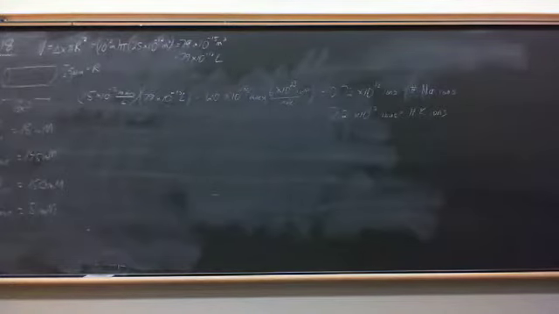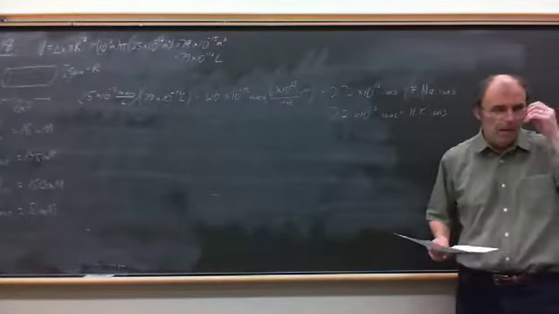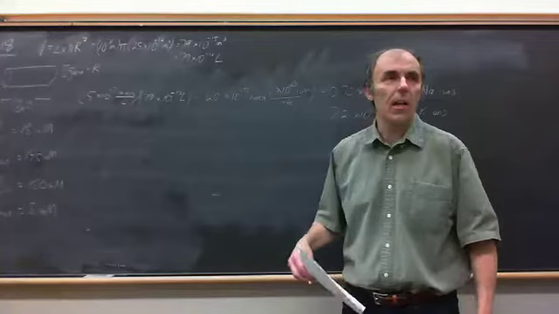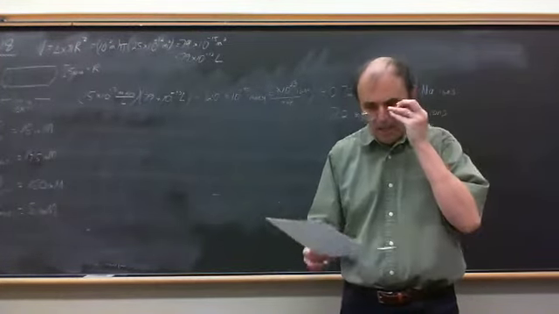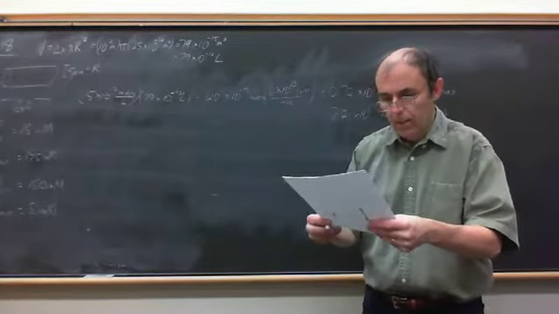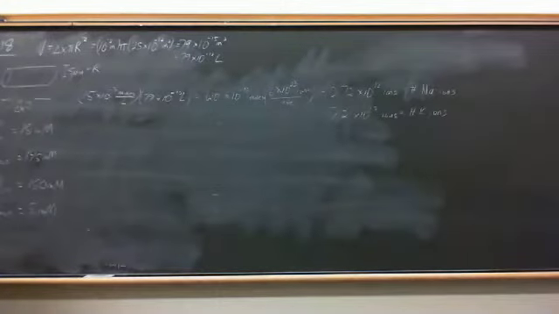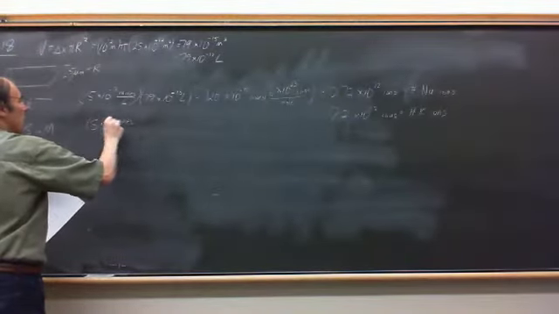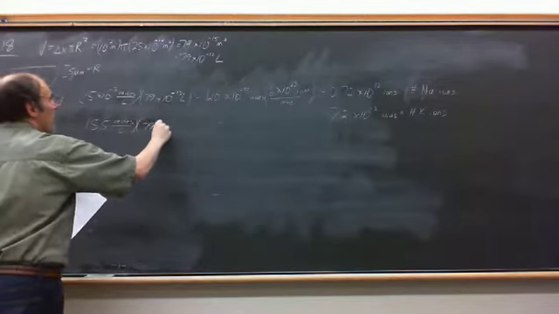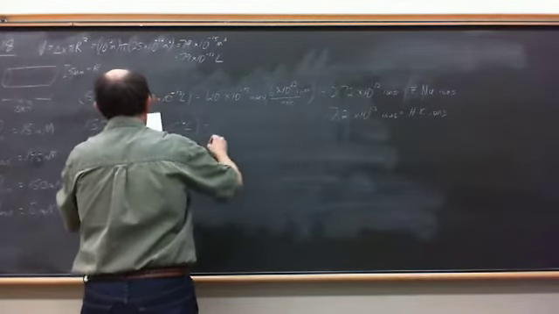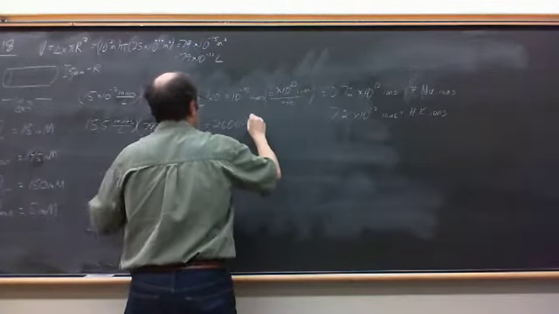Then the next part asks how many water molecules. It just wants you to compare. Basically, what we're trying to figure out is the relative concentration of water and ions. You expect this to be a fairly high concentration of water, but we can do this. We can get the concentration of water, which you've calculated in a homework assignment before, and I think you calculated it again in another assignment. 55 moles per liter is the concentration of water times the same volume. It's going to give you, in the end, 2600 times 10 to the 12th